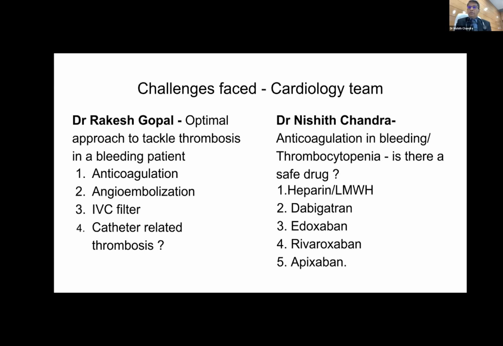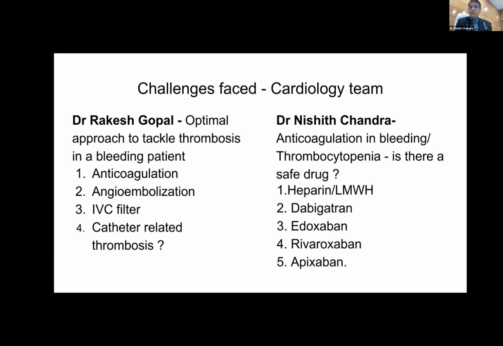We have to make a tightrope walk in a patient who is having thrombocytopenia because of the cancer chemotherapy or the cancer itself, and he's having a high risk of VTE or thrombosis. So basically, as a clinician, there are no set rules. We have to see the bleeding risk as well as the thrombosis risk. Like in stroke prevention, we use the HAS-BLED score, which guides us whether this patient is having high risk of bleeding or not.